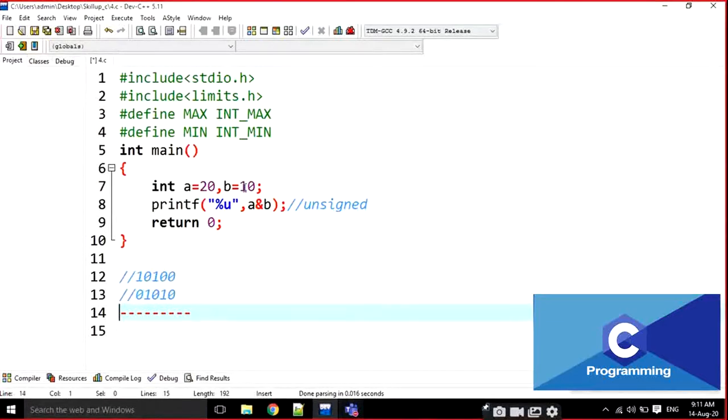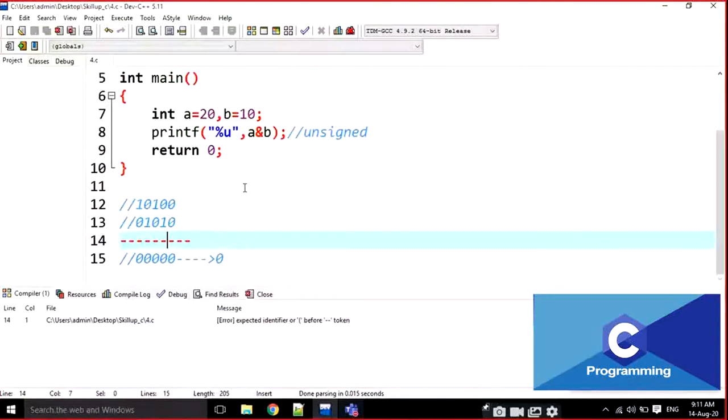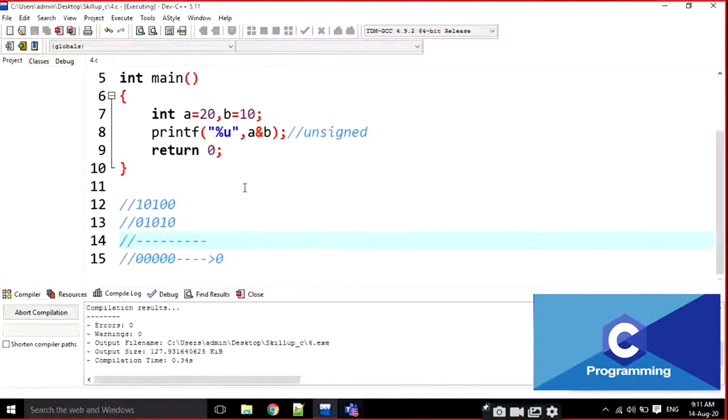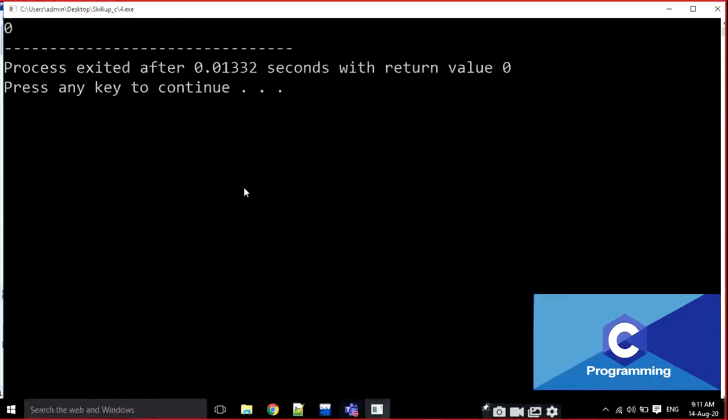Now we are going to apply AND operation on all these things. 1 and 0 means 0, 0 and 1 is 0, and so on. That means the binary value for all zeros is going to be 0 here. For example, if I execute it, the output is 0 here.